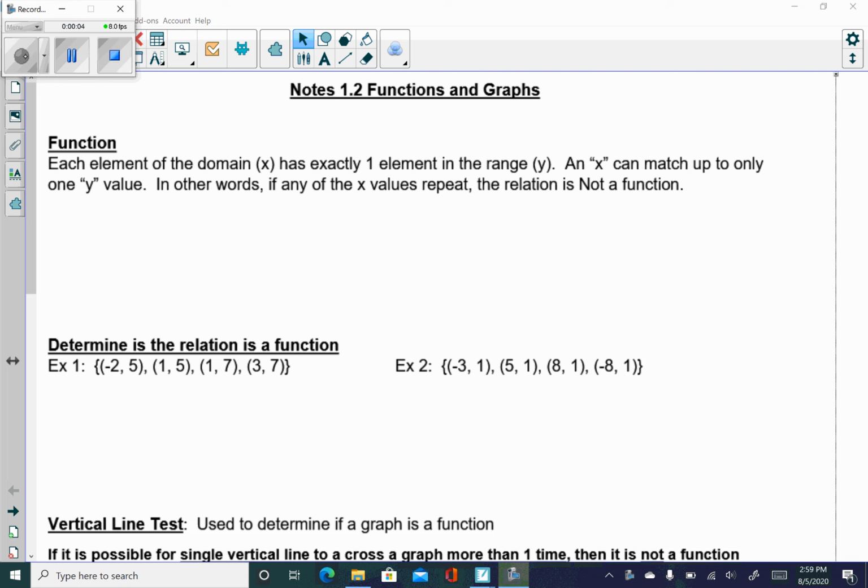Hi there. In this section, we're going to look at functions and their graphs. Specifically, we'll be looking at domain and range, how to determine if a graph itself is a function, and how to determine if a relation is a function. We'll also pick up some function notation along with interval notation, and then spend the better part of the last